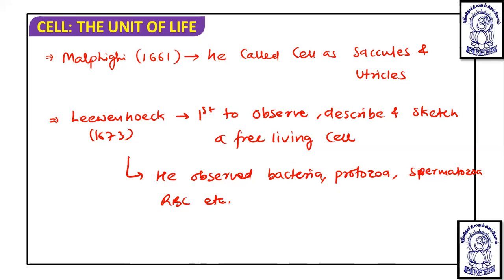And in the beginning of the 19th century, it became clear that the bodies of organisms are made of one or more cells. And we know that the nucleus was discovered by Robert Brown. But you should remember that Robert Brown, in 1831, discovered the nucleus